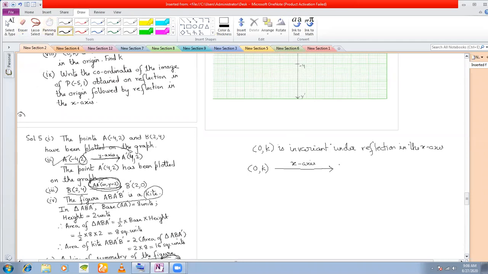The image of 0k under reflection in the x-axis will be 0 minus k, right or wrong? Right. Now if 0k is an invariant point,